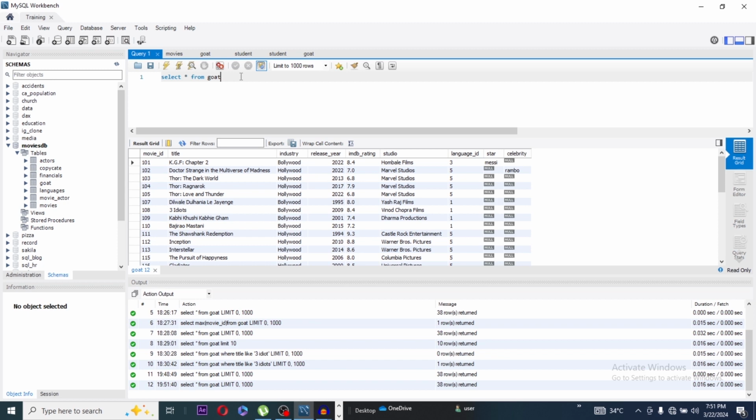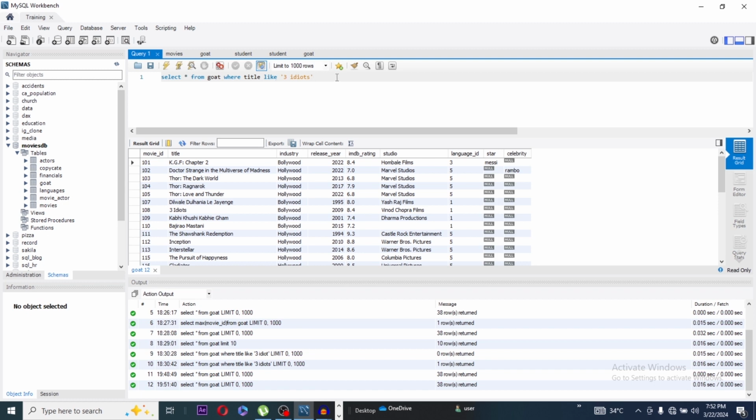Now, imagine I have thousands of rows. It would be very difficult to extract this because I would have to scroll up and down. But I can use the like operator to extract that information. All I have to do is type select all from GOAT where title like